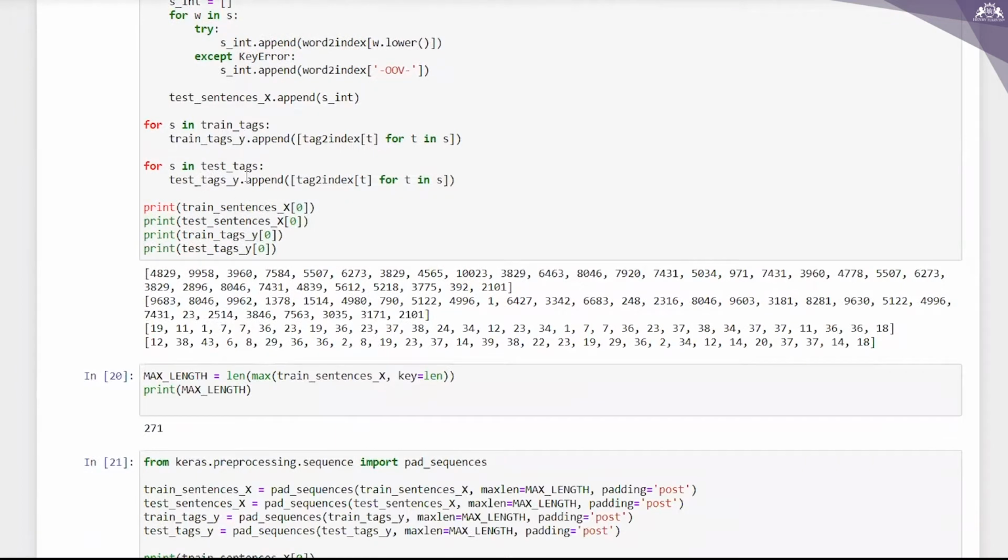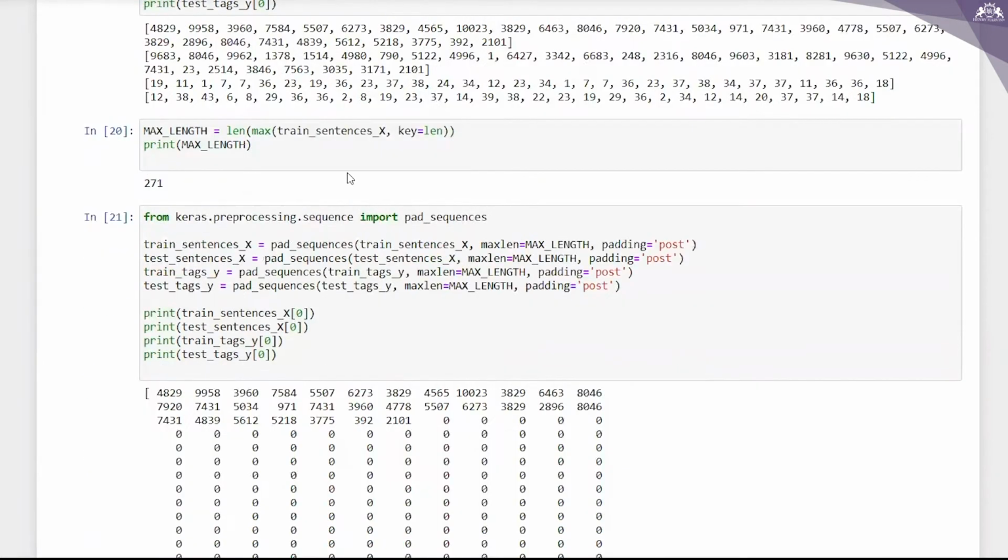Now you can see that Keras can only deal with fixed size sequences. So we have to pad to the right all the sequences with a special value 0, with 0 as the index and pad as the corresponding word, up to the length of the longest sequence in the data set.